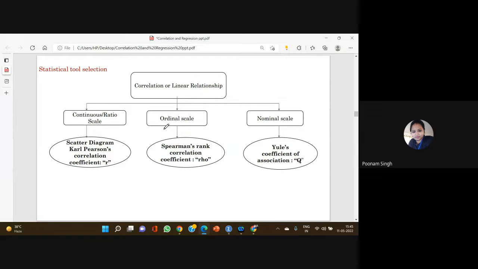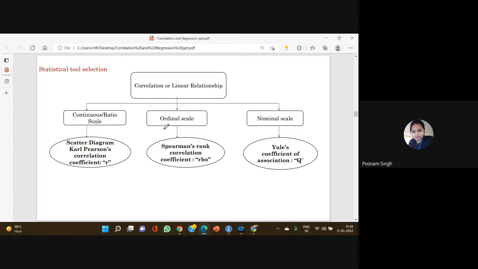What we have covered till now is the scatter plot. Through the scatter plot, we got some idea about the direction of correlation, but we cannot establish the exact strength of correlation between the variables. And it is true, we cannot establish the exact strength just because there is no mathematical formula. There is just a diagram, and just by looking at that diagram, we are